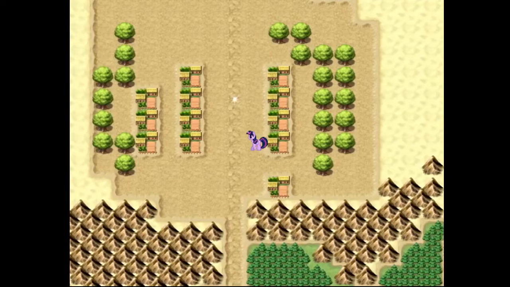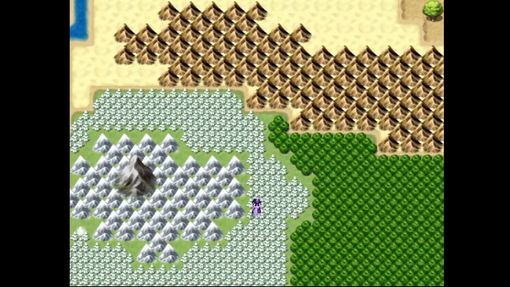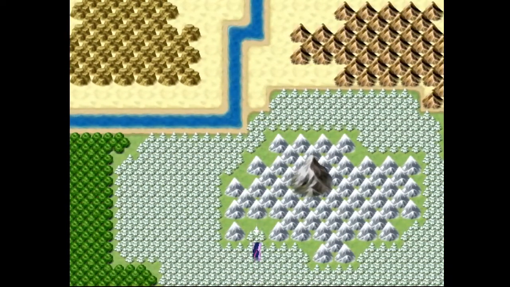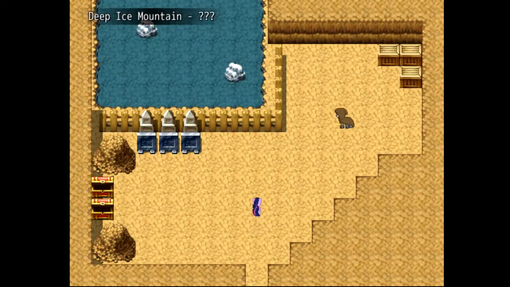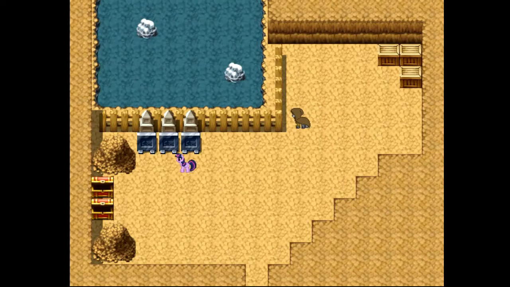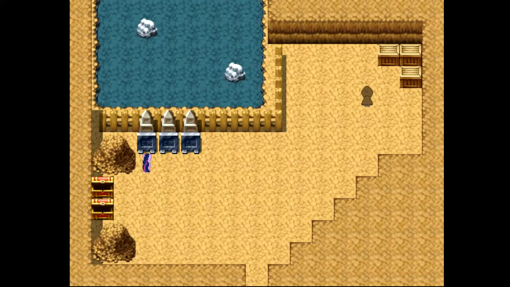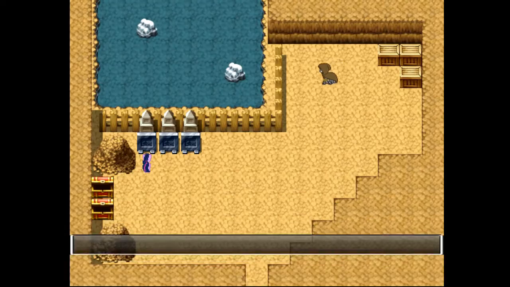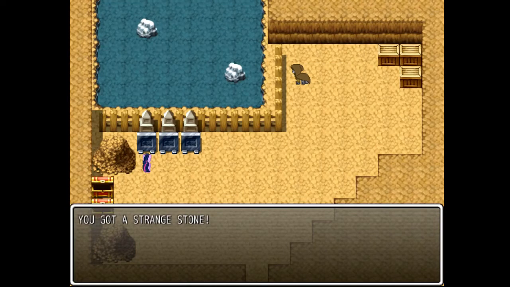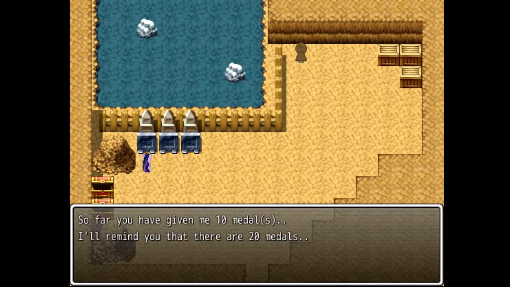Anyway, now that we've got all that, we can go back to the one place. What is it called? Yeah, whatever this place was called. Deep Ice Mountain, that's it. Where we can get into random encounters just trying to get in here, but... yeah, now you see these little box sign things. These are the rewards that we get for the medals. Yeah, we're getting 3 medals. Yeah, we actually get the same reward in each of these, unfortunately. We don't get a direct reward, instead we get a strange stone, which allows us to access an area we have not been to before, so...